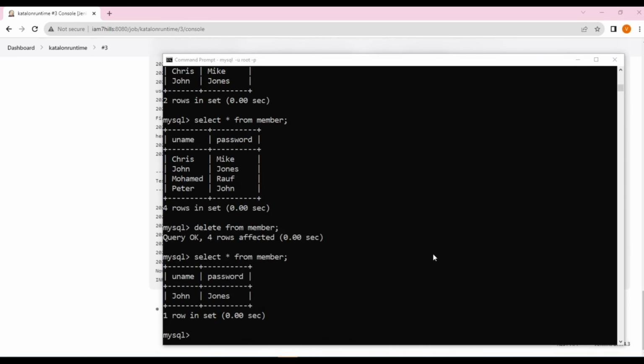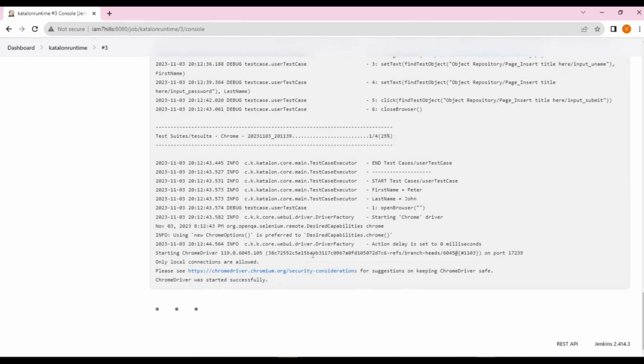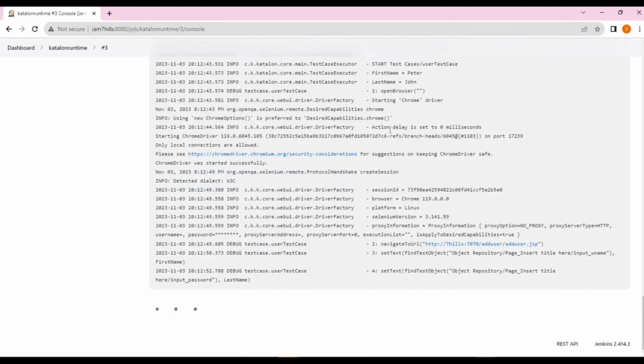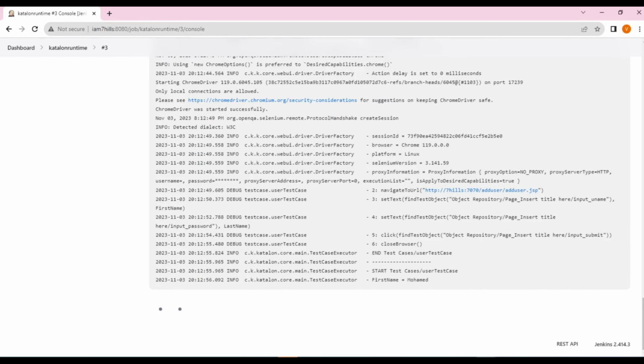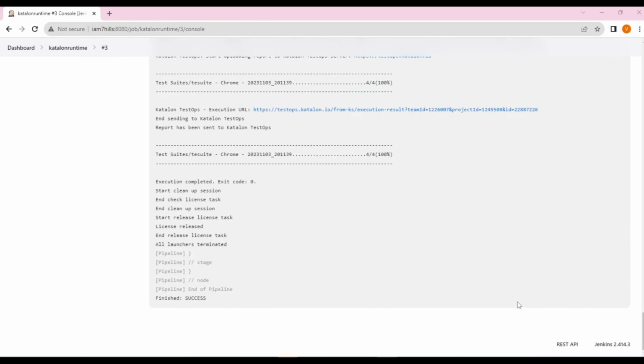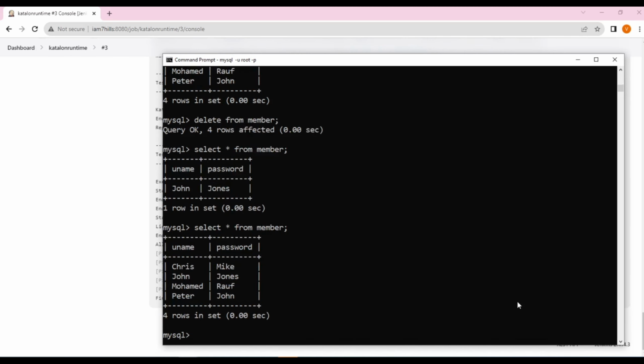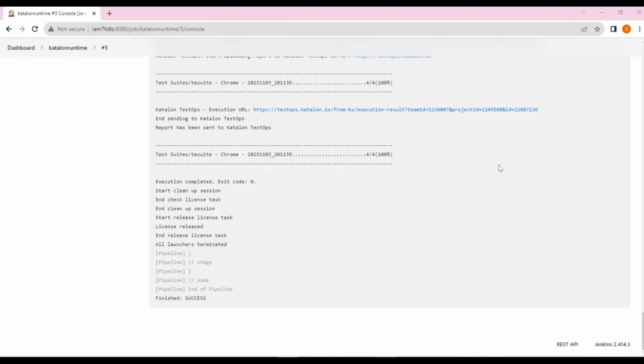You see that one row is inserted. Okay, the Jenkins job is successful. Let me quickly check. Yeah. So both the methods, where we integrate your Katalon with Jenkins through Katalon Studio, that was successful, and then we used the Katalon runtime engine by downloading the tar file and untarring, and then running the Katalon C command. So both the methods